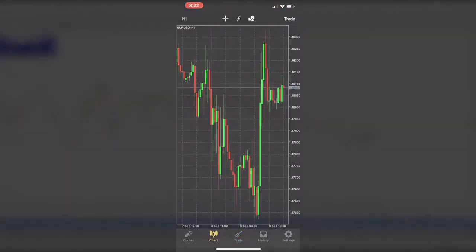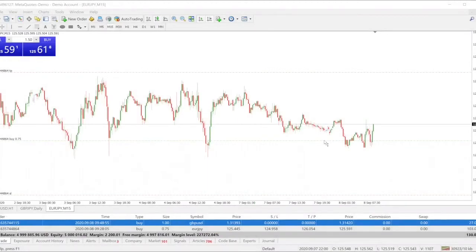Now let's look at the desktop version. Alright, this is the desktop version. If you want to close a trade on the trade on this place, right click, then we'll see close, we click on it, then, or we can just